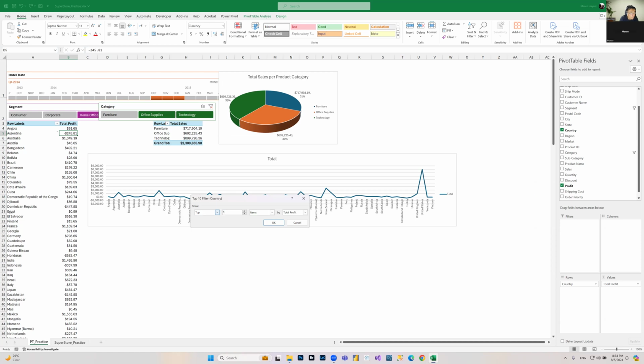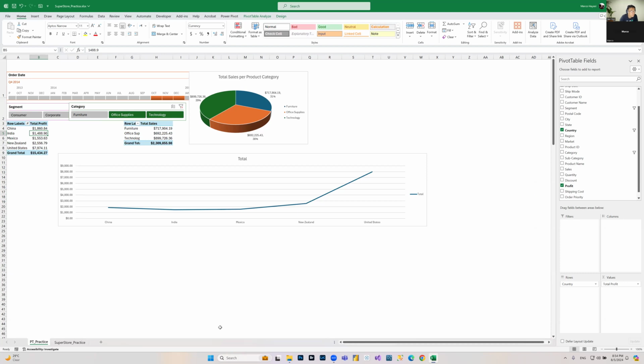What it's saying is, this pivot table displays all the countries, but I need to display only the top 5 countries. By what? By total profit. If I hit OK, it's going to show only 5 countries. This is much easier to handle and control the report. Okay. Now let's say